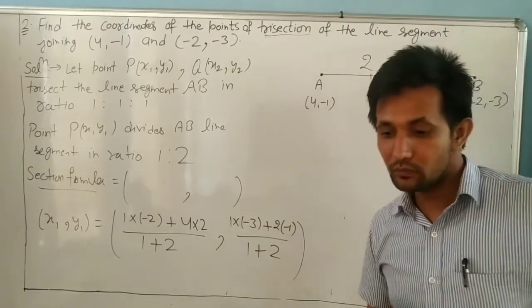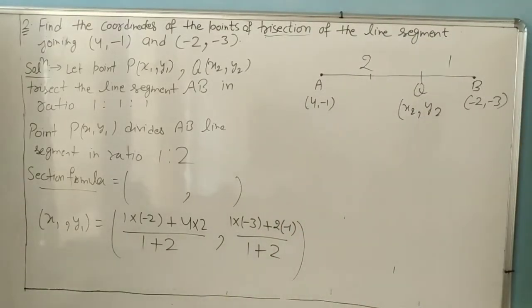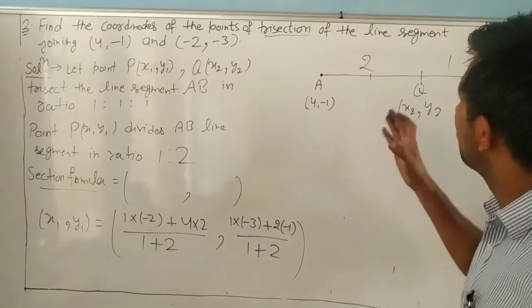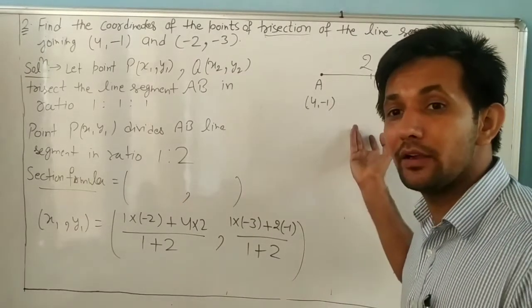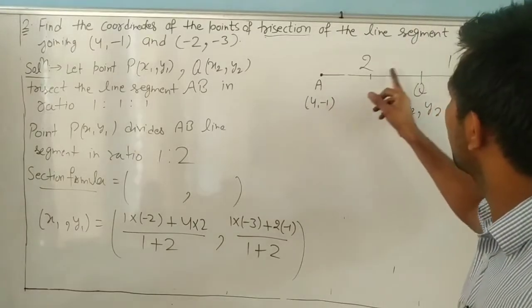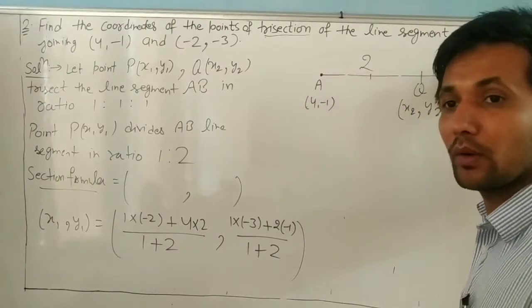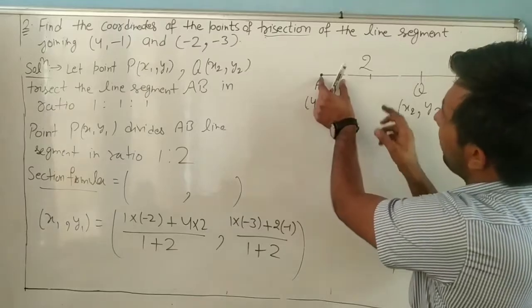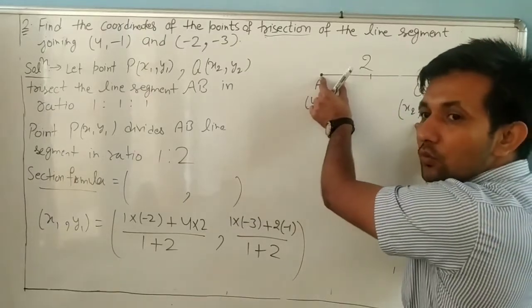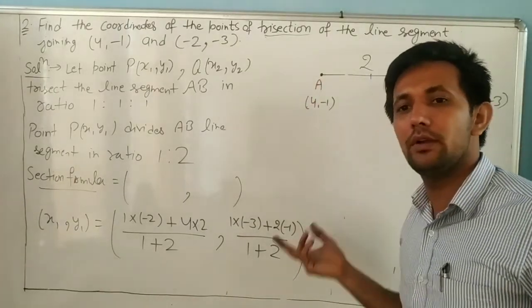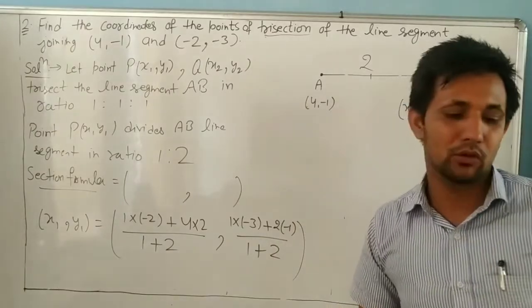Okay, note it down here. Dear, you have to use only the section formula. Maybe the examiner asks you to divide into 5 equal parts. So 5 equal parts: 1, 1, 1, 1, 1. First we will take this point 1, and from here to here how much? 4. So 1:4. It's very simple. Okay, note it down, dear.